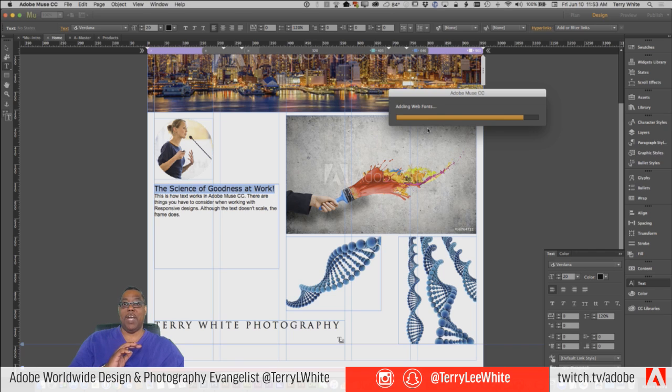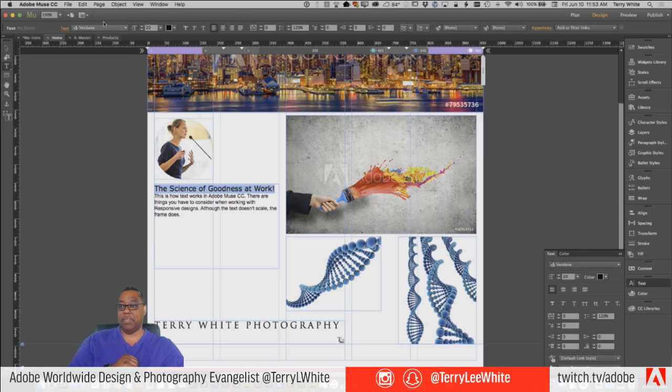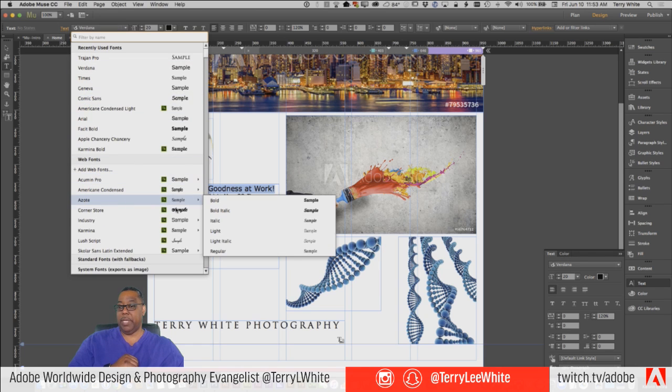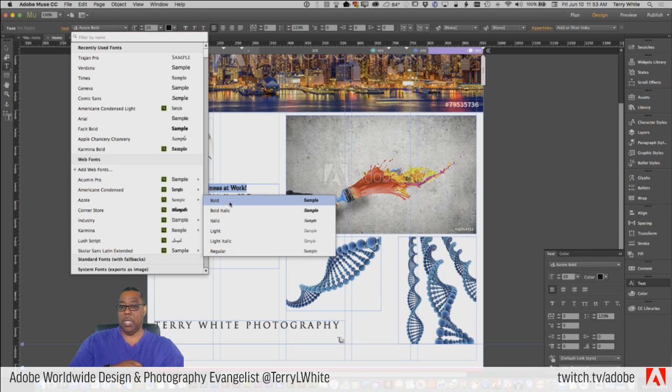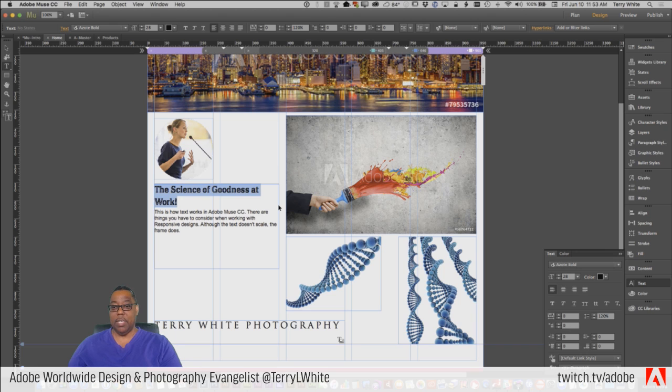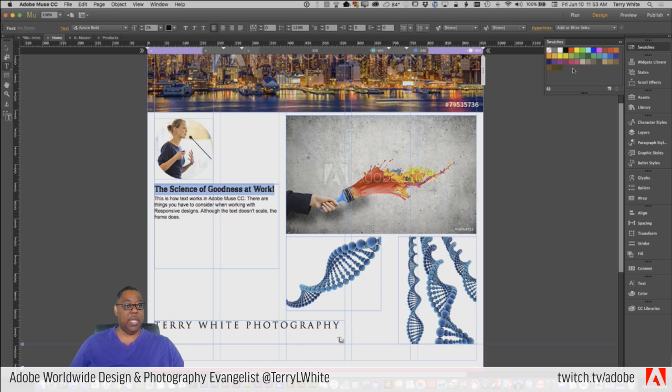Once I use that font, what happens when someone views the page? So let me go use it first. Scroll up, and there it is, and I get all the different styles to use. So let's use Azote Bold. And now I've got that font, and I can make it bigger again. I can choose whatever color I want for it. So let's go to our swatches here, and let's pick a nice red color for it. And so I've used that font, I've used that color. I'm not crazy about the font, but I used it.